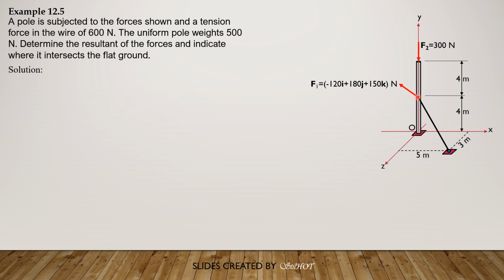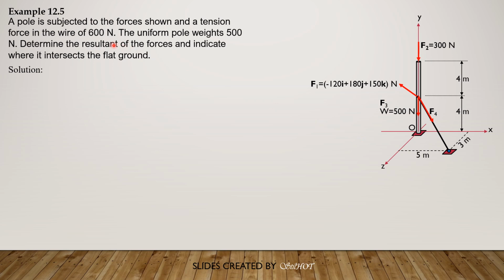And we have negative 500J in vector form, so let's call that F3. Then let's call F4 the tension in the wire. In vector form, its magnitude is 600, times the direction, which is forward, down, and to the right. So only the y component is negative. So in vector form, F4